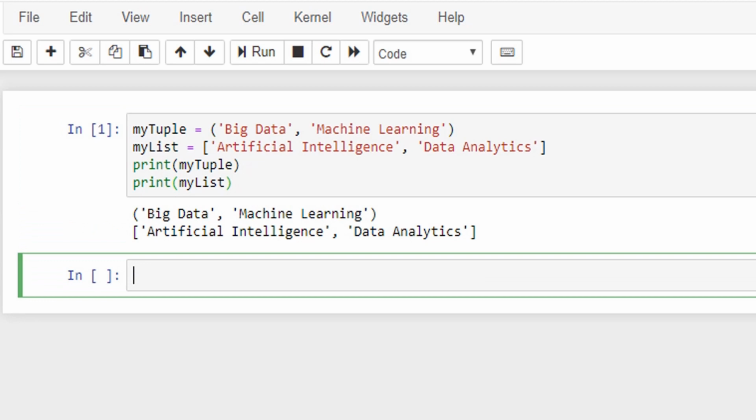We enclose tuples in parentheses and lists in square brackets. The elements inside a list or a tuple can be of a heterogeneous type, which means you can mix different types of objects.